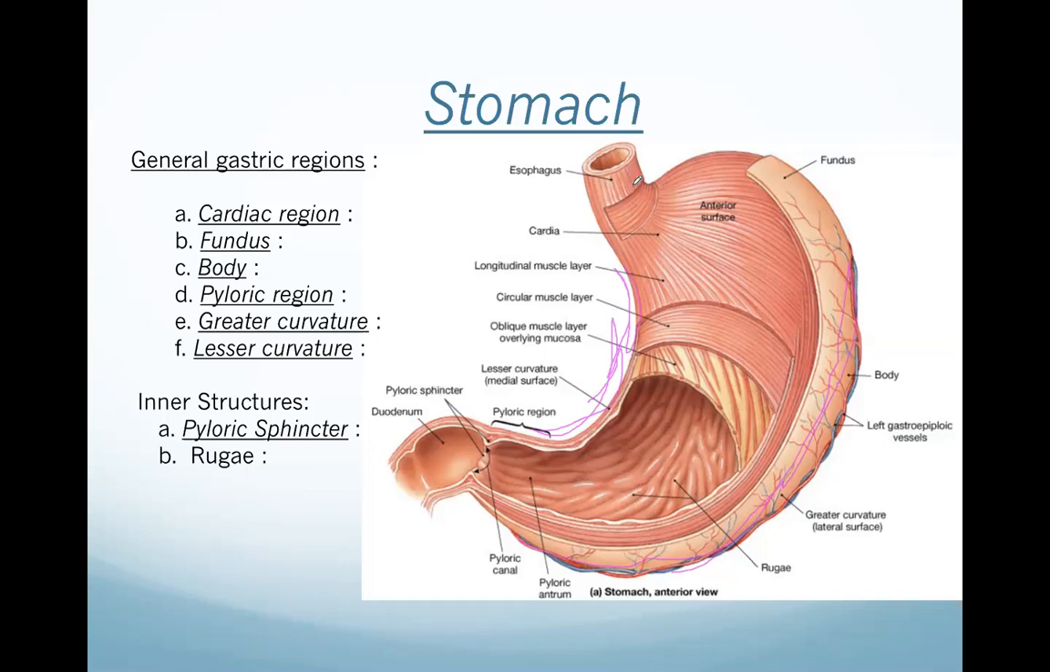The esophagus is coming in, so this area around here, that's the cardia. Then I'm going to have the fundus being this area to the left and above where the esophagus comes in. The majority of this is going to be the body. And then I have the pylorus being this kind of thicker area of muscle right before the exit into the